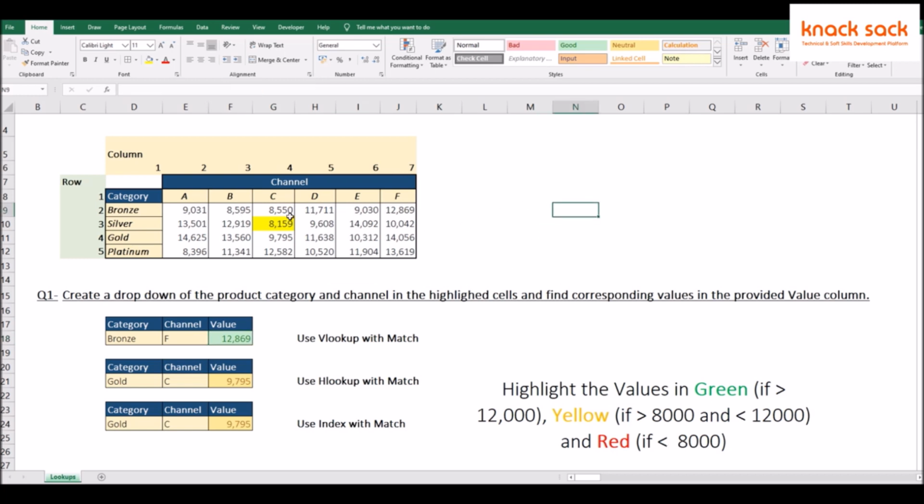So here any value is less than 8,000? No. So let's make one value as 2,000. So bronze and A will be our value. Bronze in category A. See, we have 2,000 in red color, between 8,000 and 12,000 yellow color, and greater than 12,000 green color.